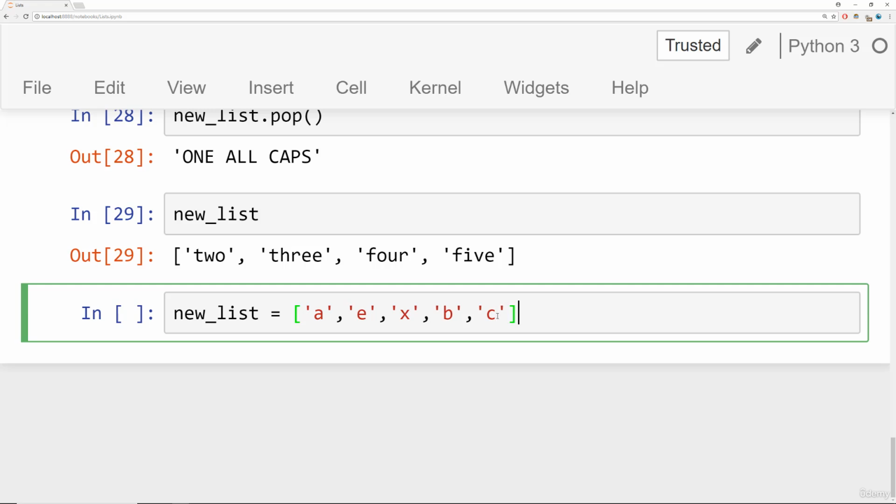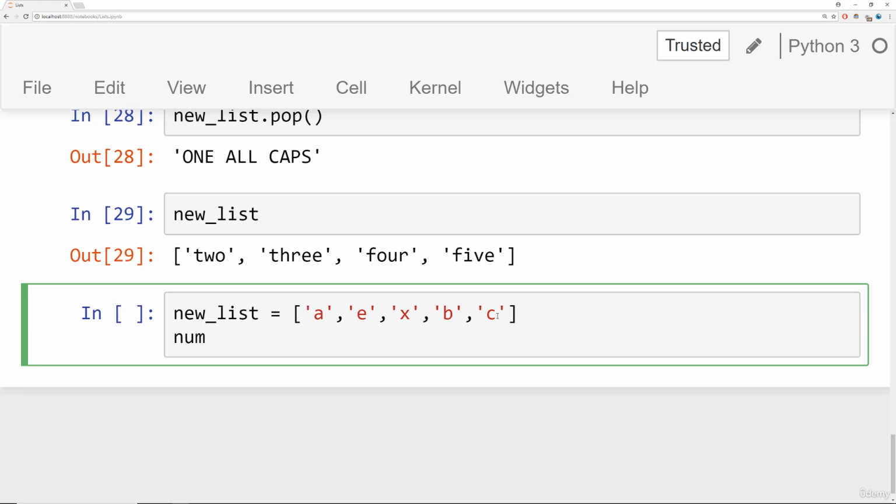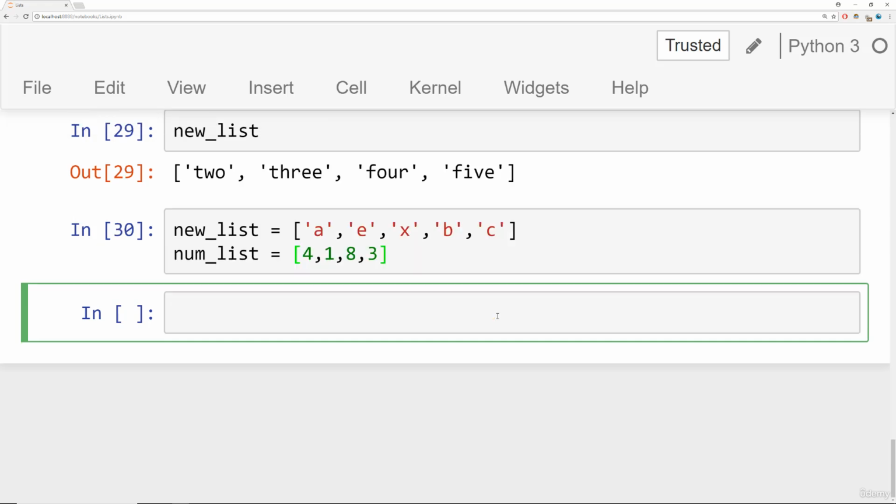There we go. And we'll also make a numbers list. So we'll say num list is equal to, and let's make this just a bunch of numbers out of order as well. Okay, so we have 2 lists. If we ever want to sort these lists, what we can do is call the sort method off of them. We can say new list, sort, and you can use tab autocomplete to do this, open and close parentheses, and